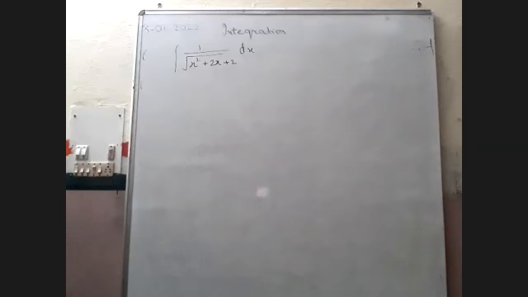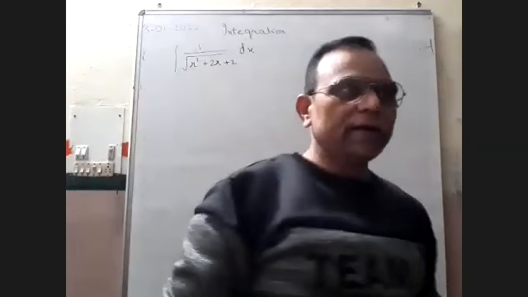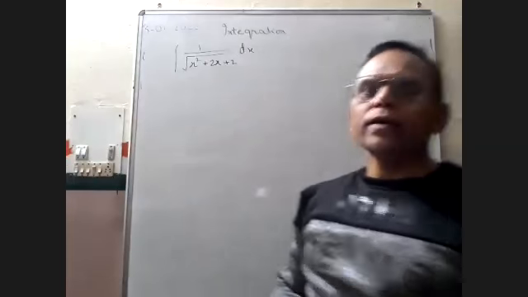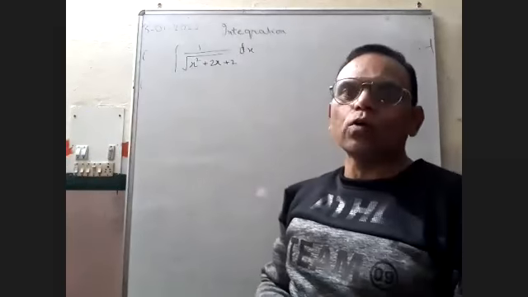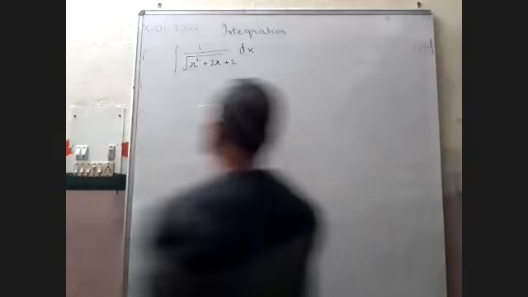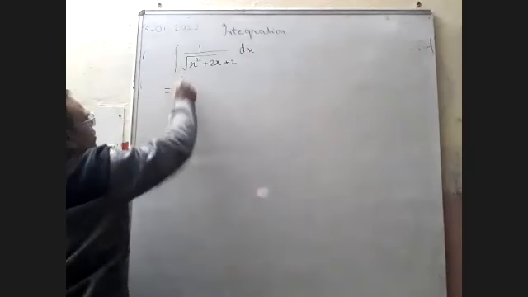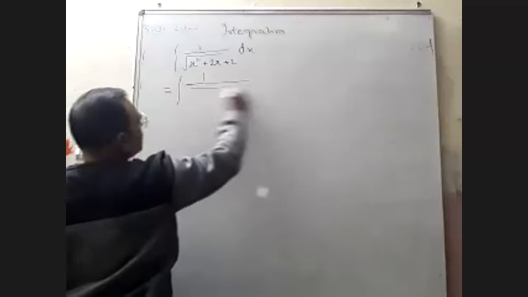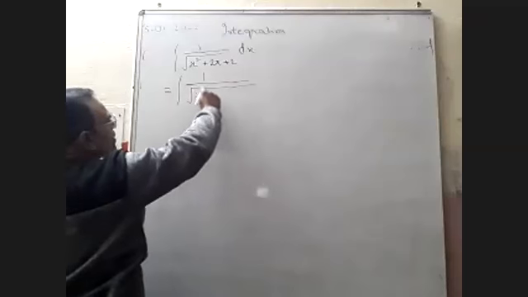In all the formulas, we have the form x square plus a square or a square minus x square. Okay, there are only two terms, with a plus or minus sign, one is a variable and another is a constant. So you have to convert into that form only. So how will you convert? In 10th class, there was a method of completing the square. You have done it or not, I don't know. But I'm just telling you how we can make it.